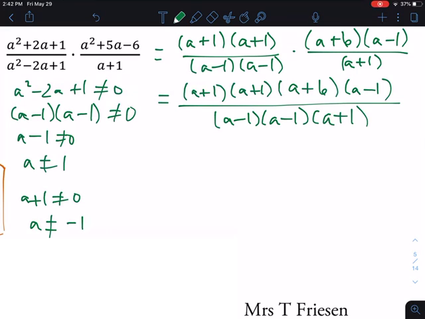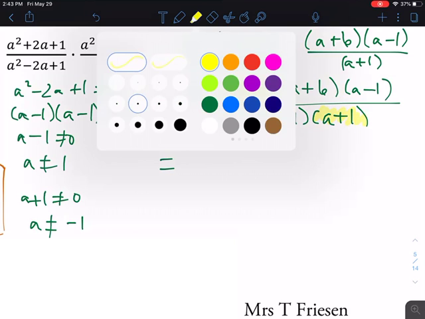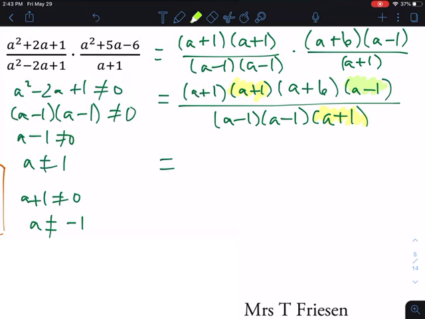So now I've multiplied across. We have one large fraction, right? I multiplied all those numerators together to make this big numerator, and I multiplied all the denominators together to make this big denominator. Once I do that, let's see what we can cancel. I can see that I have a plus 1 and a plus 1, and I also have a minus 1 and a minus 1. So I can cancel those sets of brackets because they have identical counterparts in the opposite spot, either numerator or denominator. I'm left with a plus 1 and a plus 6 in the numerator and a minus